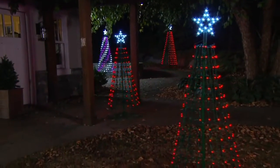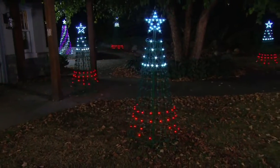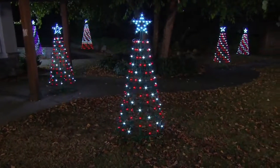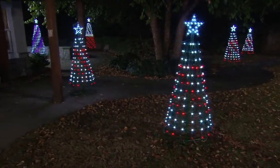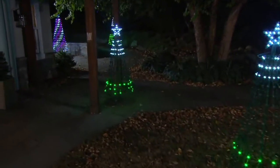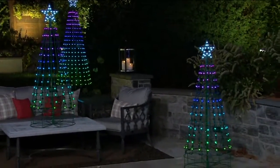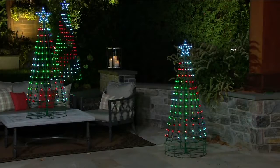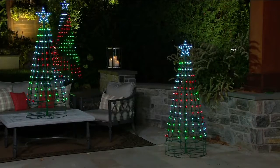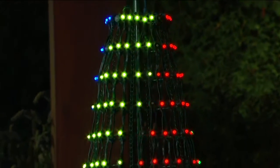Look at it outside. Now, obviously, we have multiples of these outside, and if that's in your budget, absolutely go for it. It would be great fun. If you're going to put just one tree in your yard, it's super impressive. Remember, your neighbors aren't going to have this technology. It is very unlikely they're going to have it unless they've been shopping with us tonight or at some point during the day. So this is what makes it extraordinary. Pick up yours now. This is safe for any weather. If you're down in the southeast and it's nice and warm over Christmas,